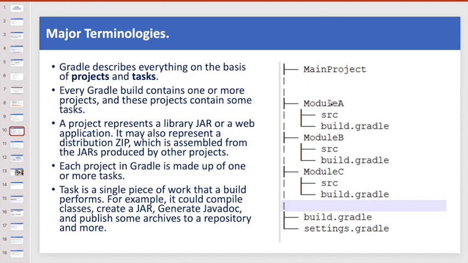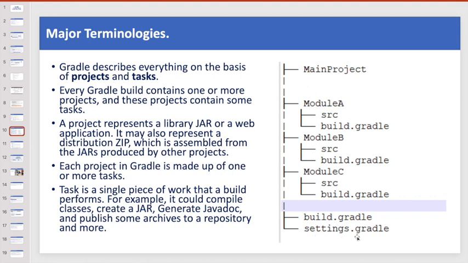So what is a task? A task is a single piece of work, like compiling the code, making the jar file, making the war file. These are the tasks, right? You clean up the code. These are the tasks. So when you create the main project, it has one build.gradle that I will show you,